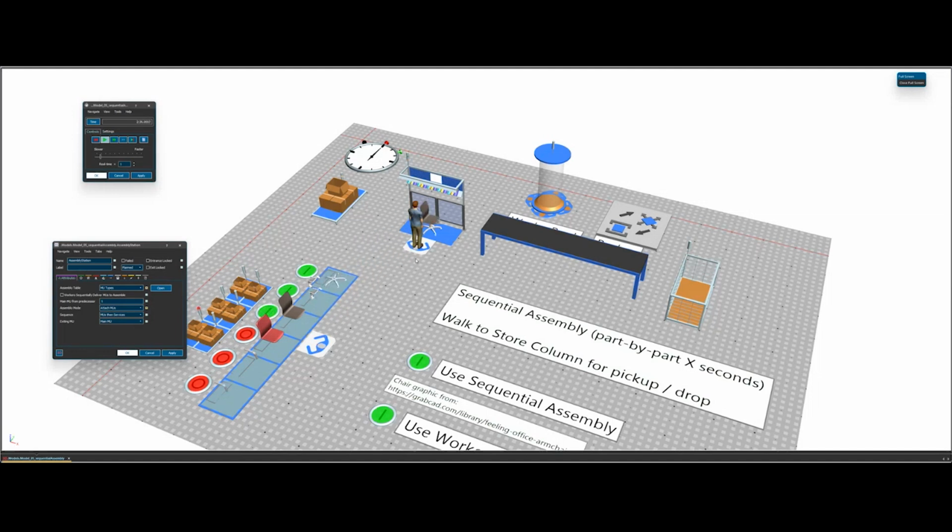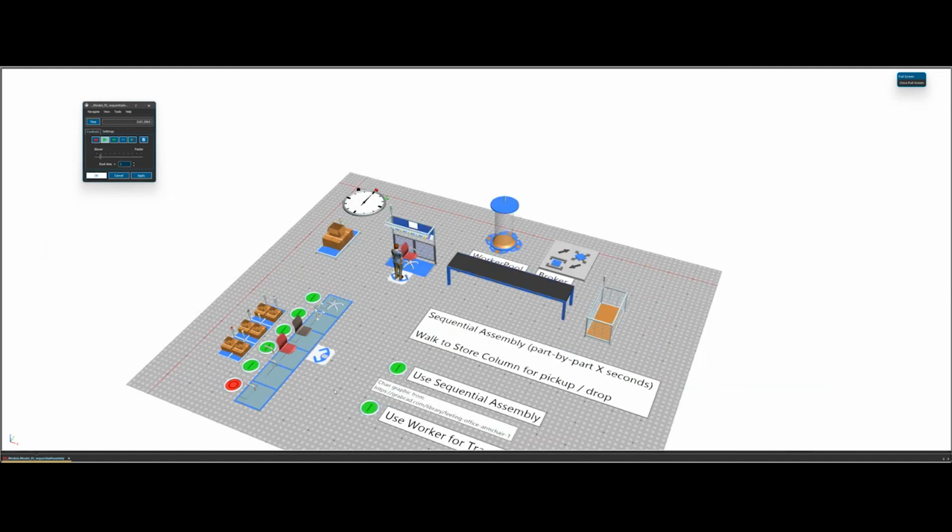Because in the old mode, you could not start your 30 seconds of assembly until all the parts are available, which in some cases, of course, will be the realistic behavior, so you can still have that. But in other cases, this is not realistic. He will start assembling with whatever parts he has, if they are right in the sequence, and if the rest is not available, that's not a problem. So you can now easily do this in the assembly table or assembly list of the assembly station.